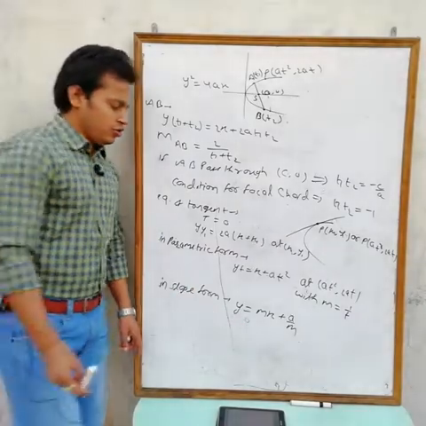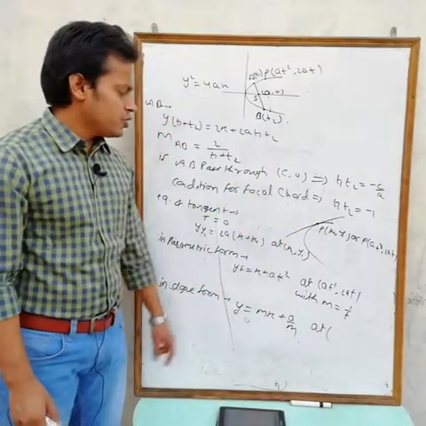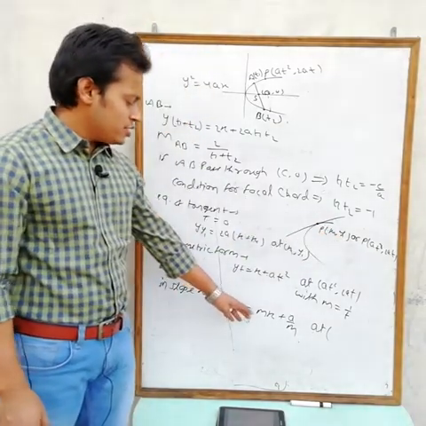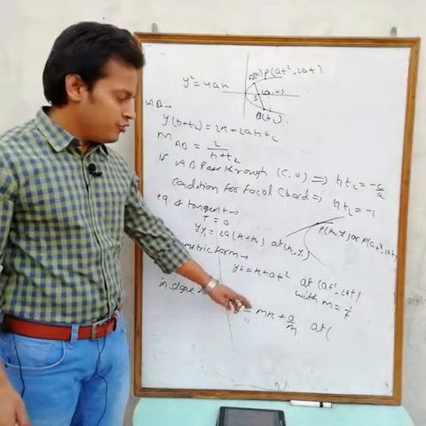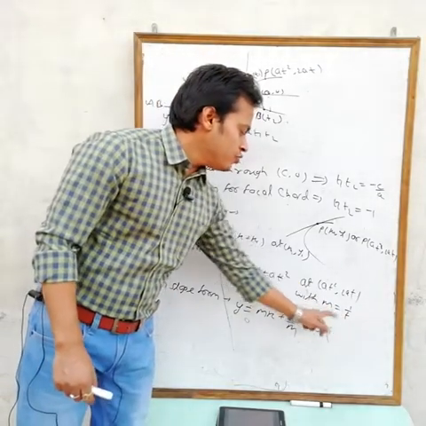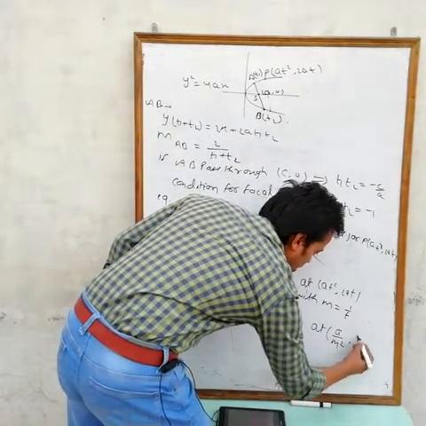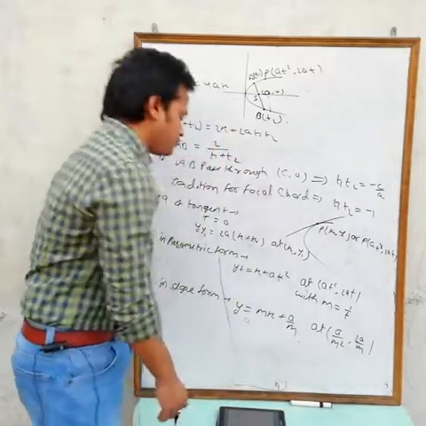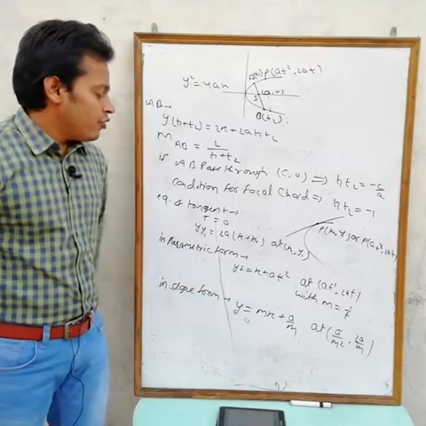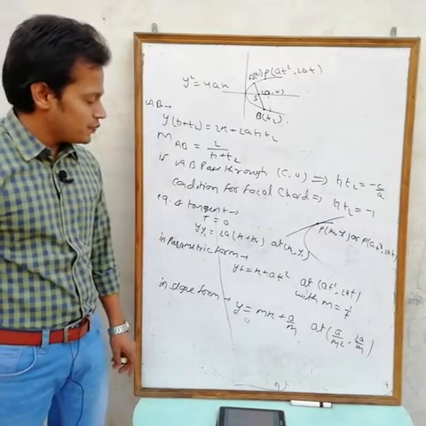Okay, and also suppose in this one you want the point of contact. If the equation is yt equals x plus at square, then the point of contact is at square comma 2at. But if the equation is given in slope form, then we have the slope. If you have the slope, then I also want the point of contact in terms of slope. No problem. Here we have t equals 1 by m. Replace t with 1 by m in this one, then you will get a by m square comma 2a by m. Now both we have to remember: the equation of tangent in parametric form is yt equals x plus at square, and in slope form y equals mx plus a by m.